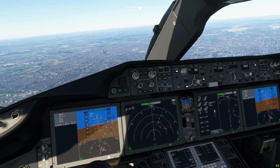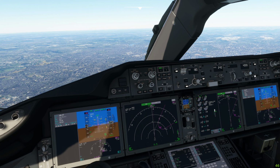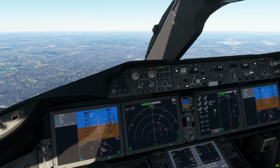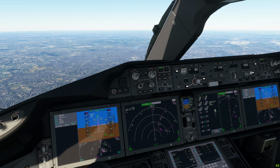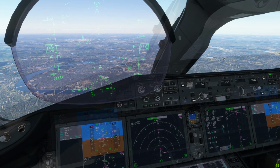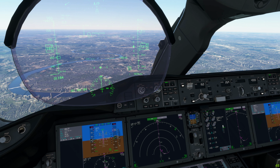You can also see around 7 miles ahead there's other traffic on 27 right, but that's no issue for us. That's sufficiently spaced by ATC, and very soon now we are going to capture the localizer and then descend on the glide slope down to runway 27 right. Alright, so we are on the final approach,